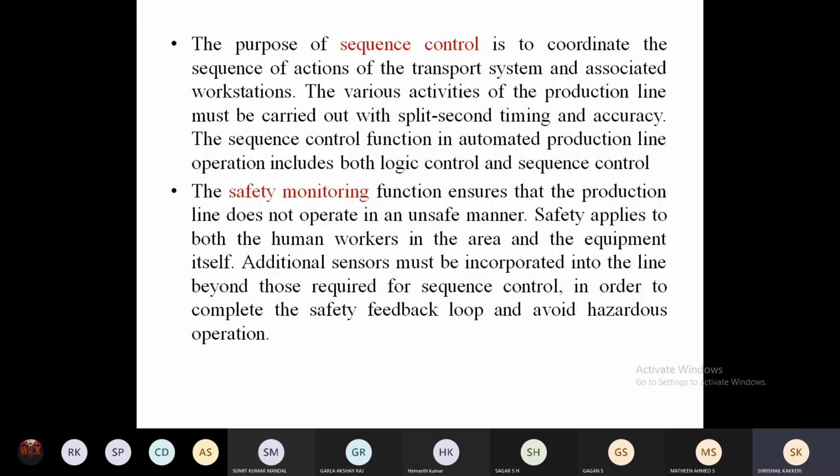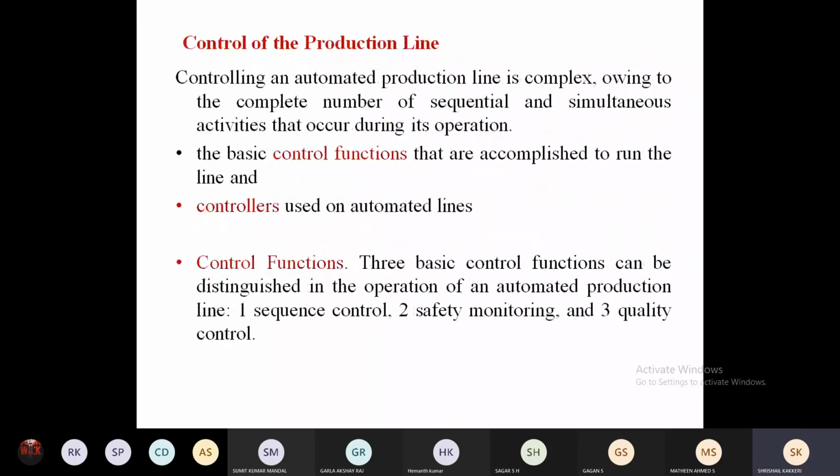Many times, this control of production line has been given as a short note. For 10 marks they will ask you: explain the control of production line. There are control functions and controllers. The control functions are three: sequential control, which will monitor the sequence of operations, what work is to be done first,